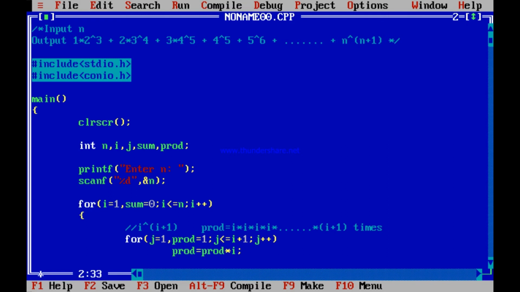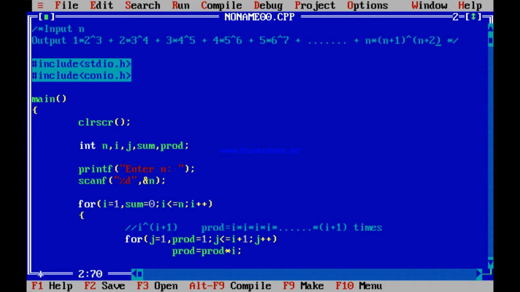The next one should be 4 into 5 to the power of 6. The next one should be 5 into 6 to the power of 7, and so on. The last one should be n into n plus 1 to the power of n plus 2. Is that right? So this is the output that you want.